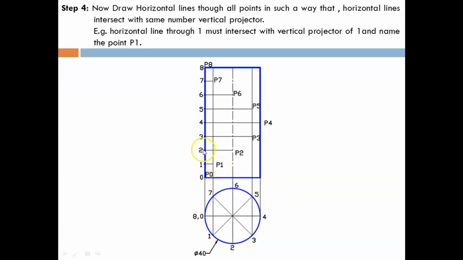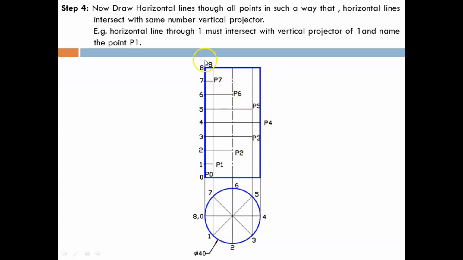Another horizontal line through 2 and the projector from 2, their intersection gives you P2. Then 3 with 3, then 4 with 4, and so on. Initially it is at 0, so you need not draw a horizontal line through 0, because the intersection takes place there only. Same with point number 8. In this way you will get all the points P0, P1, P2, P3, P4, P5, P6, P7 and P8.